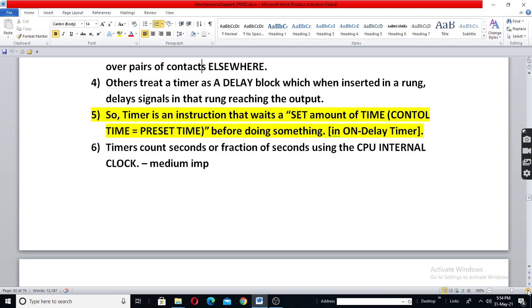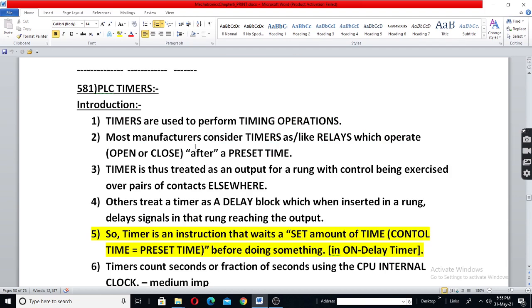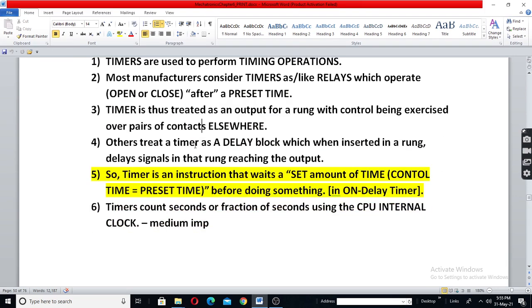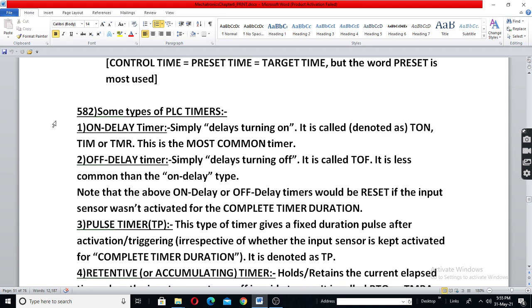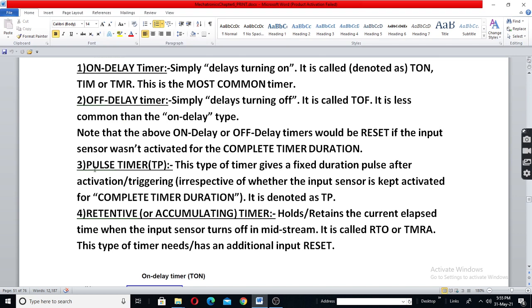PLC timers. So timers, okay, a timer is used to provide delay. Now we have on delay timer, off delay timer, pulse timer, retentive timer.